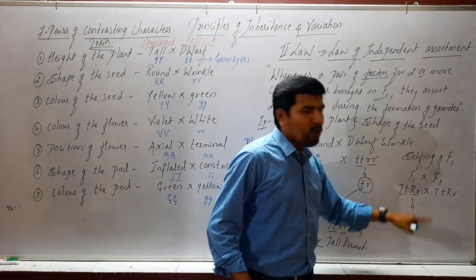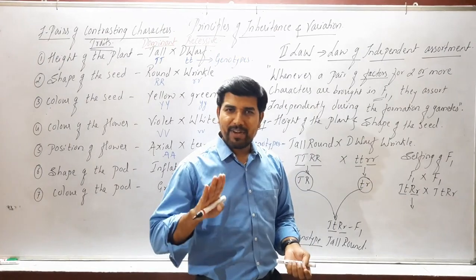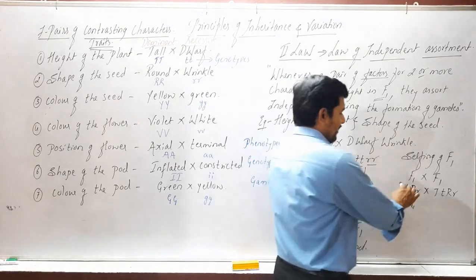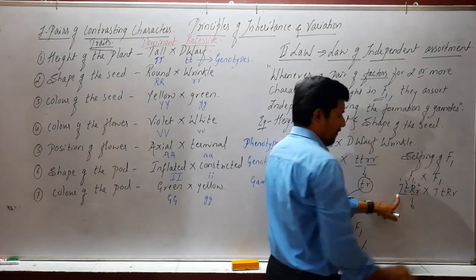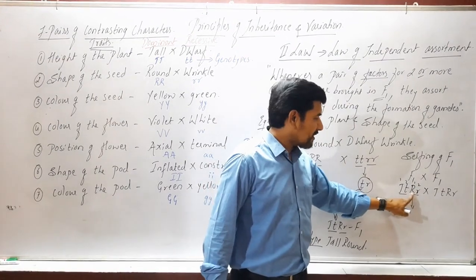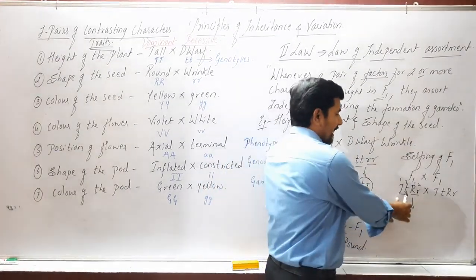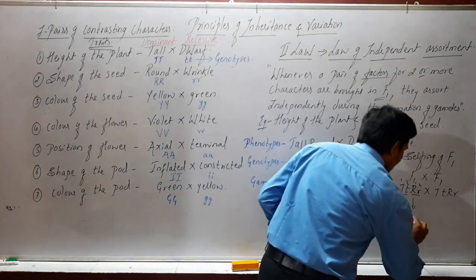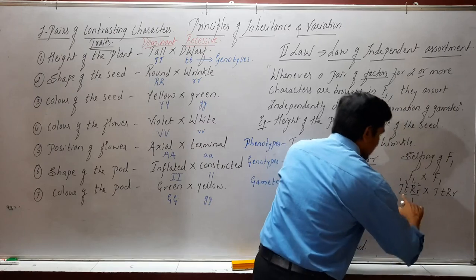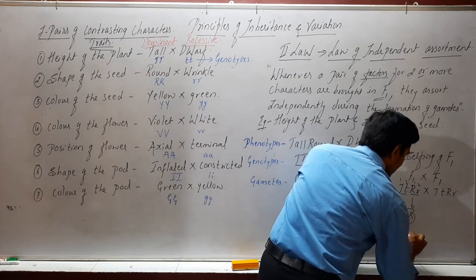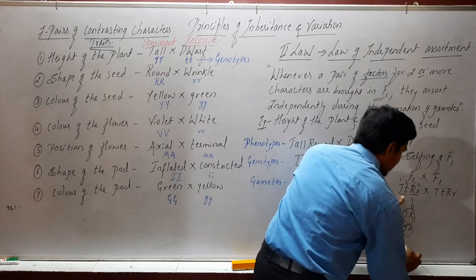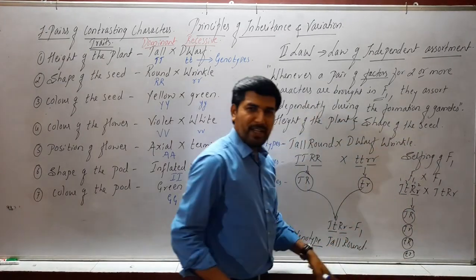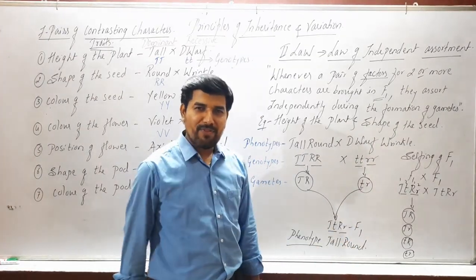When all the four letters are different, we are going to get different types of gametes. Then how are we going to frame them here? We consider this as 1, 2 and 1, 2. Then what do we write? First with first, first with second, then second with first, second with second. So we are going to frame the gametes. Here capital T, capital R, round it. Next capital T, small r, round it. Third one, small t, capital R, round it. Then small t, small r, round it. So here we got four different types of gametes.